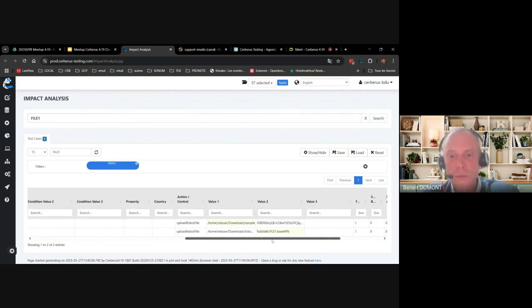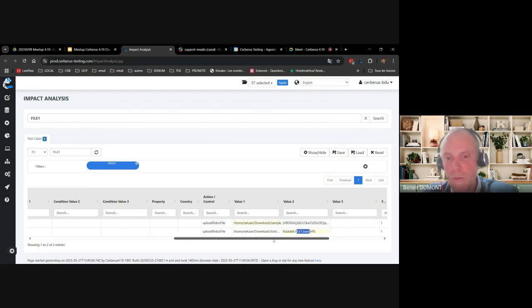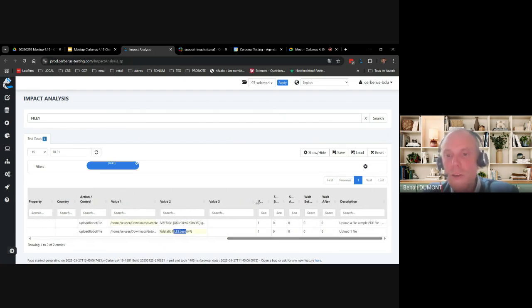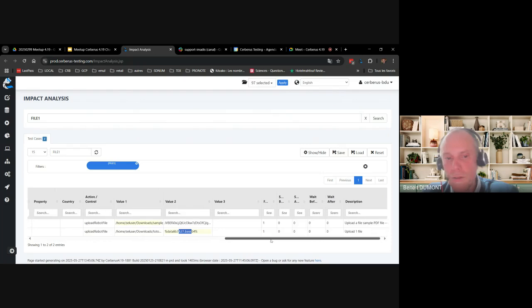I can see that here it has been used on that field, and here on this value 2 of an action that is upload robot. That's quite convenient because you can also filter, and sort by overwrite on the timeout and so on.